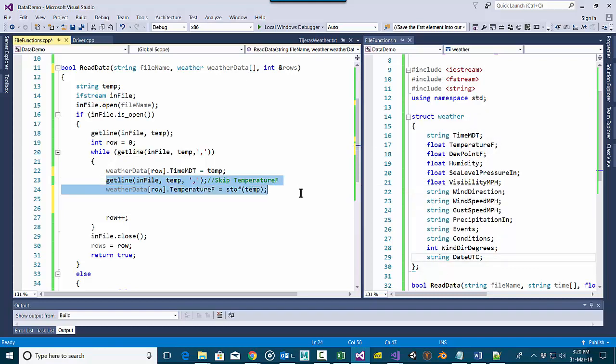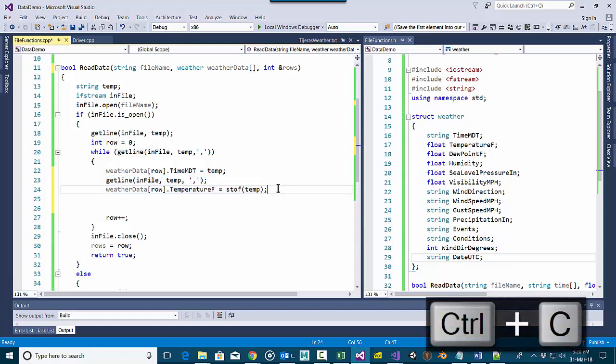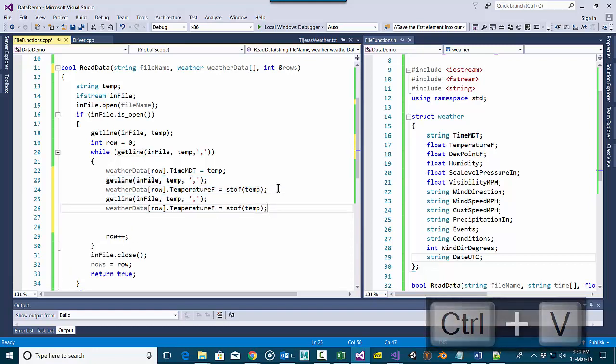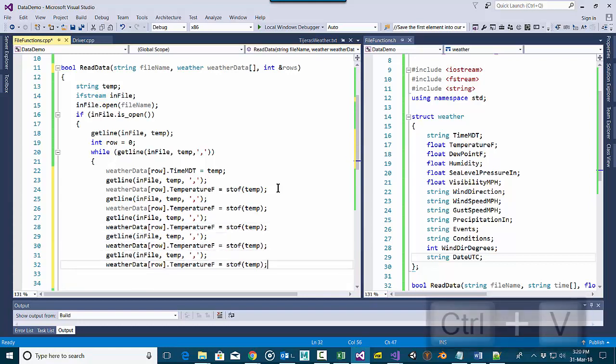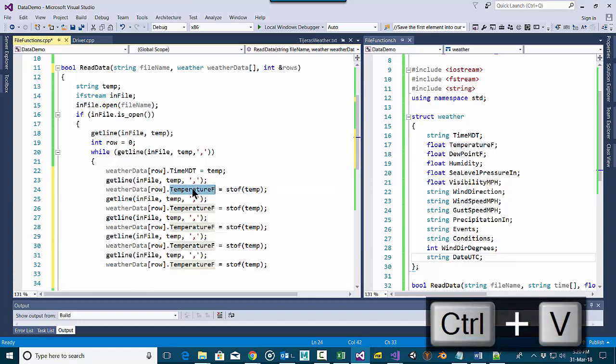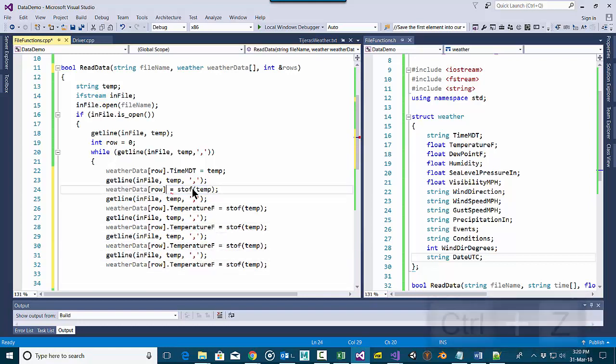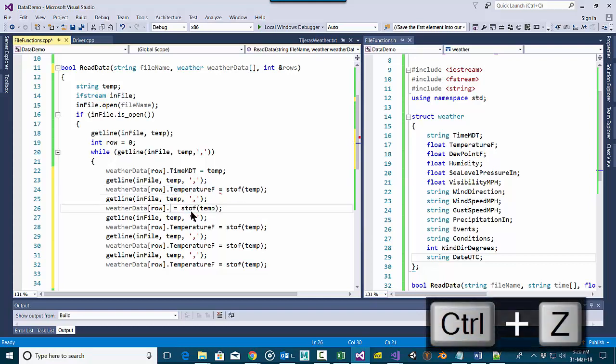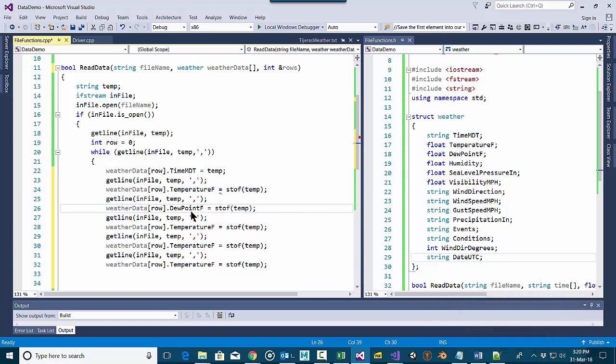And the next 1, 2, 3, 4 are this structure. So I'm just going to copy this. We'll get rid of this comment because it's not relevant at this stage. We're going to read everything in now. There's no skipping. 1, 2, 3, 4 of these. And then I just have to change. Oops, that stayed the same. This is the first one changed. The next one will be dew point. The next one is humidity,